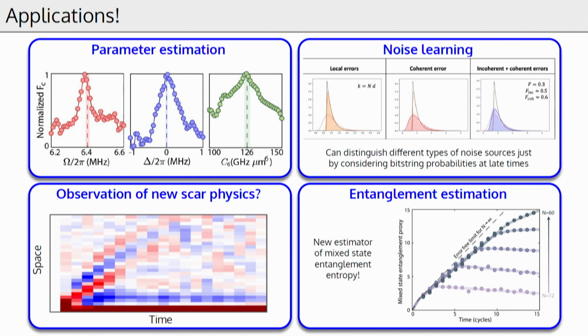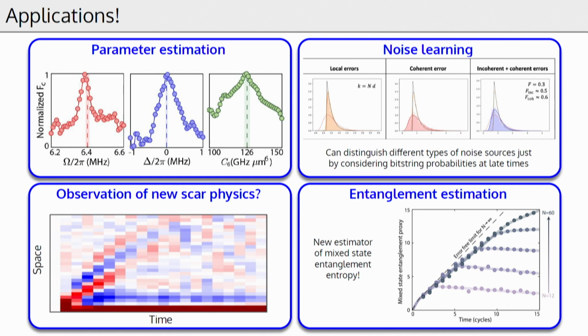I mentioned briefly in the middle of the talk that we have this new protocol for noise learning. Basically, when you can measure the probability of errors happening, you can actually figure out which errors happened when and actually determine what the different error sources affecting your system are, in a way that is really impossible with any other many-body spectroscopy means. We're actually developing this a lot more at the moment to really be able to apply it to both analog quantum simulators and digital quantum processors. There's some interesting many-body physics, and maybe the last thing that I'll say is just that we have this new